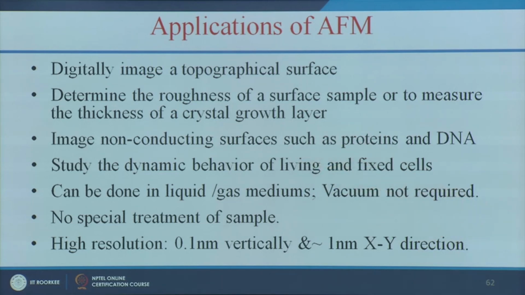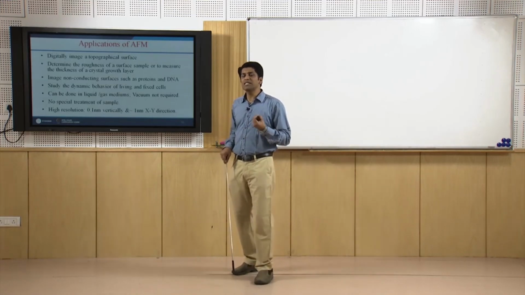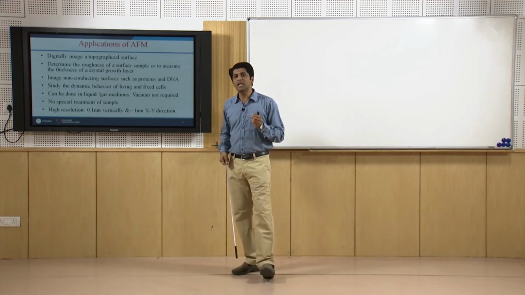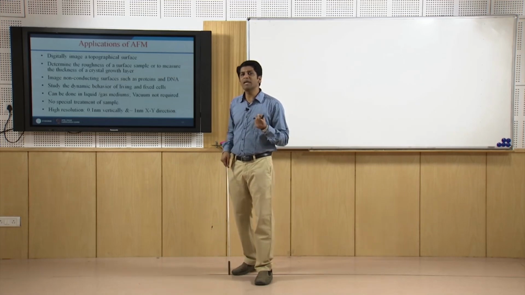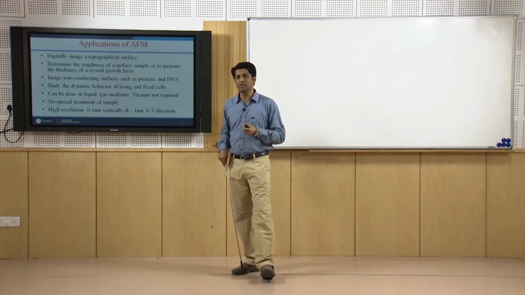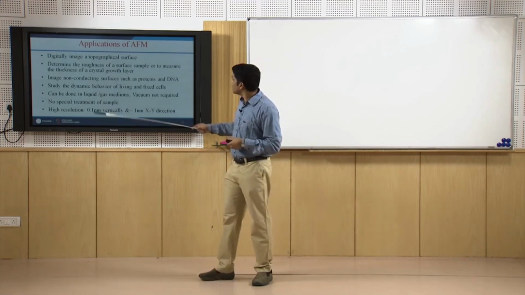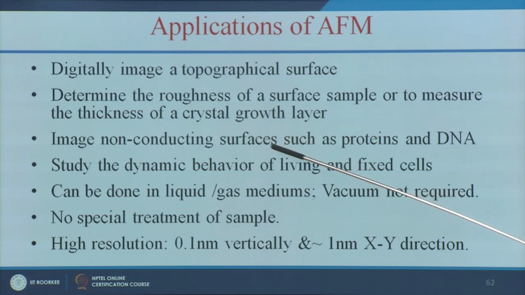For most of the biological samples we will be using AFM, because if you are using the SEM or any other microscope, you have to do some kind of treatment, like you have to sputter with the gold, then only you can make your biological material to a conducting material, then only you can use the SEM microscope for imaging. But in case of AFM, you can even use the non-conducting surface protein and DNA,